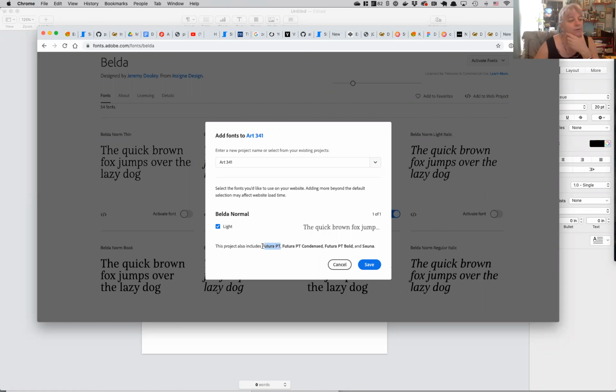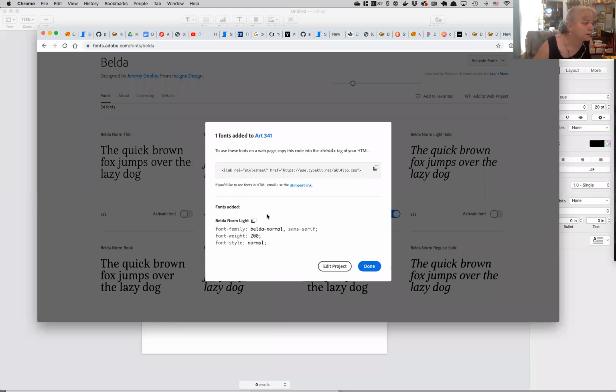So Typekit has Futura PT. So I just said that Futura has a license. Adobe has a PT version, so you can use that one. If I save, it tells me how to add it. So this will go in the head of your document of each file that you want to use the font. You'll want to put this within the opening and closing head. And then you add this to your CSS file. And so once this is in your file,